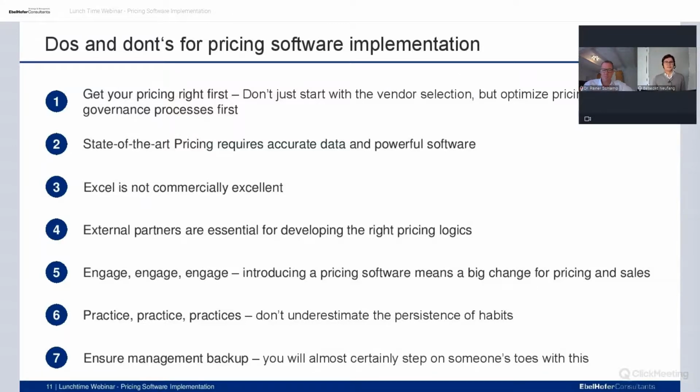Ensure that you have enough time to work on real cases with your employees to make this work for them also in everyday life and in the application. And last but not least, this is also not new at all, is point 7, to ensure management backup. For us, it's still puzzling how often we come across this issue in